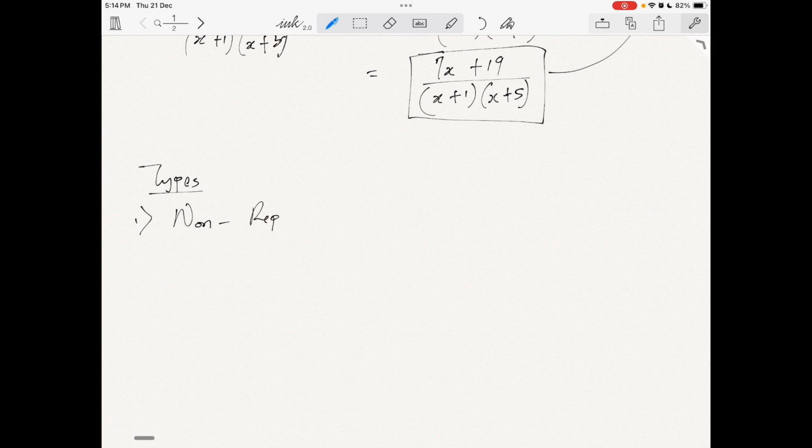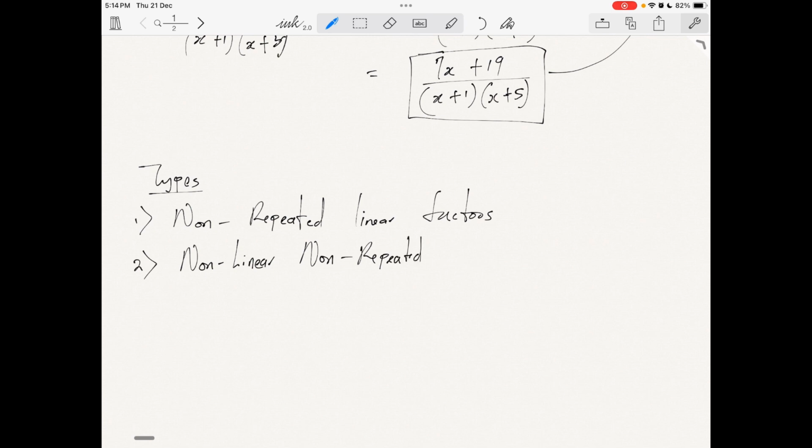Number two, non-linear, non-repeated factors. And number three, linear repeated factors,